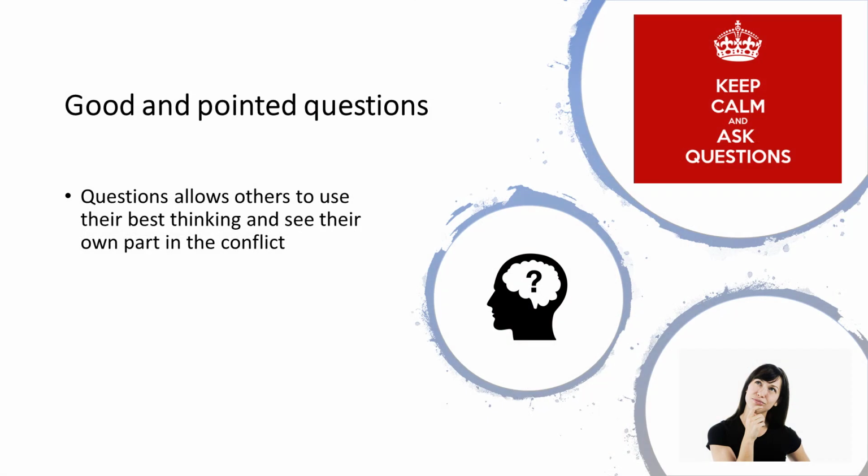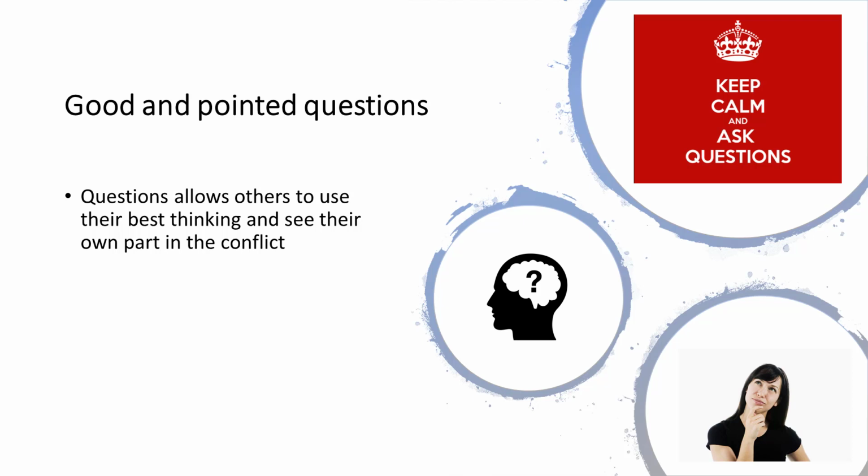When we ask pointed questions, this allows others to use their best thinking and they can see their own part in the conflict. Asking pointed questions also keeps us from the undesired role of trying to fix people or the problem